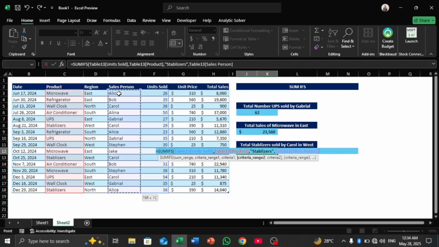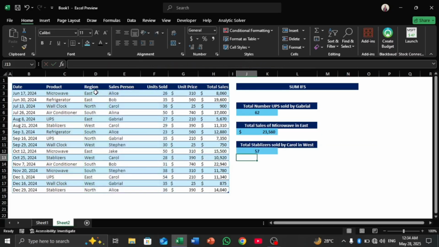So we select them, comma, and the criteria is that these must be equal to Carol, comma, and now the region must be equal to West. So we select the regions, comma, and type West and press enter. So we get the total stabilizers sold by Carol in West.